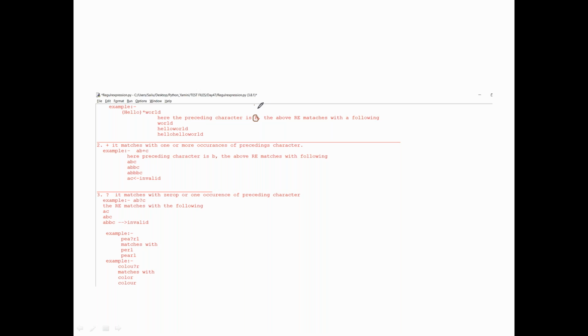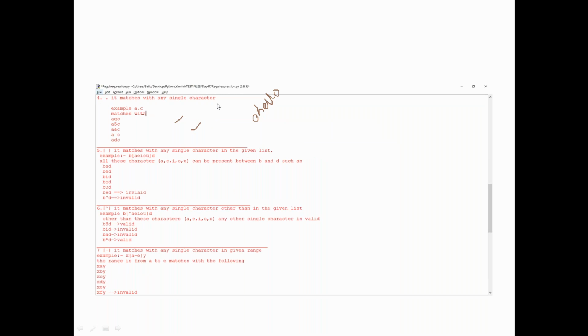So before star, you can have empty, or you can have hello, or multiple hellos. So world will be allowed, hello world will be allowed, hellohello world will be allowed.